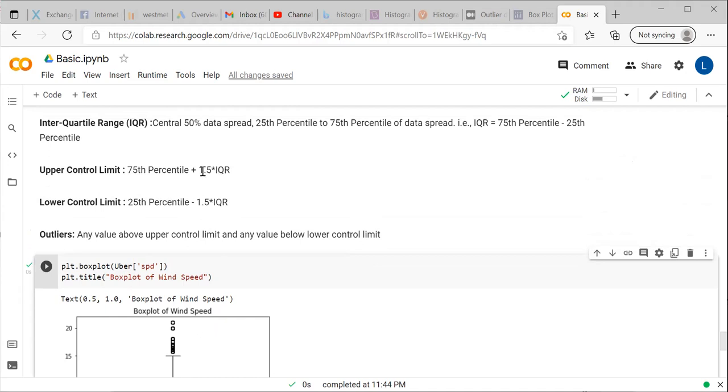But in cases where the maximum value is less than the 75th percentile plus 1.5 times IQR, this tail end will end at that level itself.